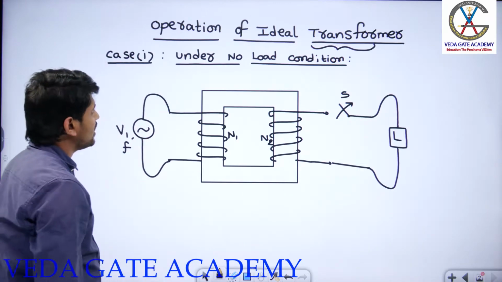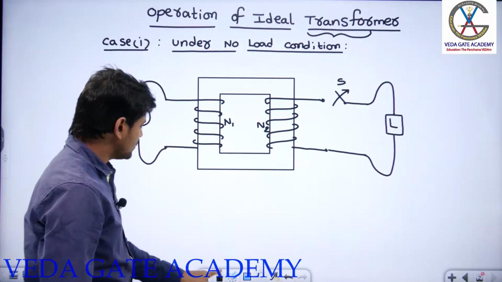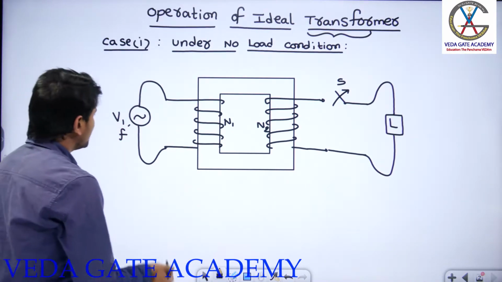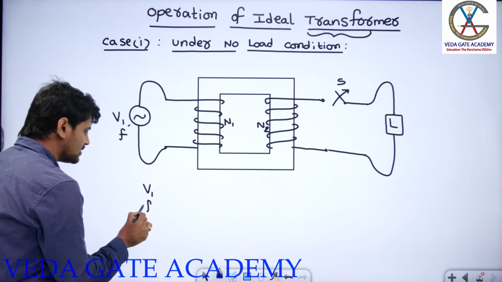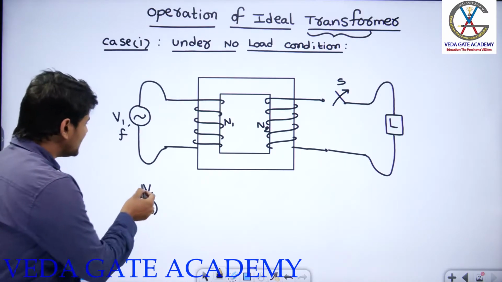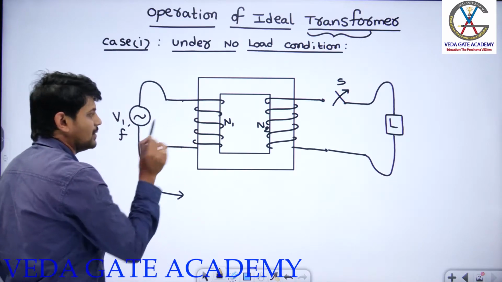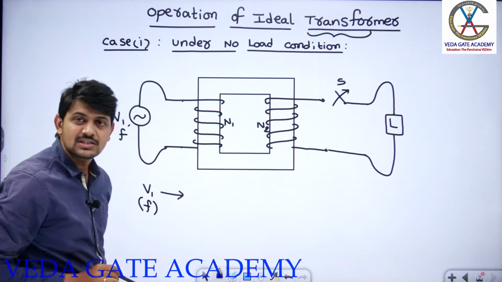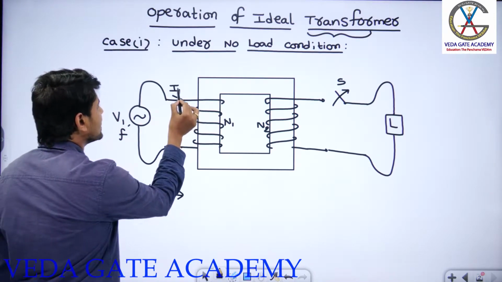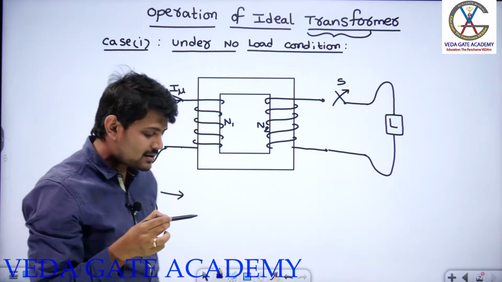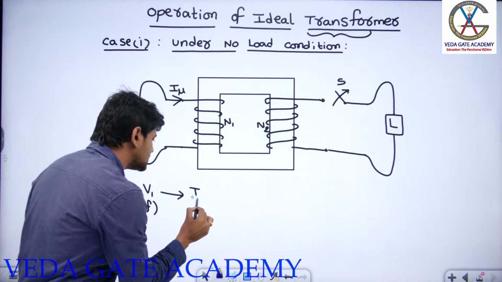Now let us come back to the operation of this particular transformer. Let me slightly move up. Now, I am applying a voltage at a frequency F. So we will parallelly write the discussion. The moment I apply a voltage at a frequency F, this primary winding of the transformer, which consists of how many turns, guys? N1 turns. They will draw a current called I mu. Technically, terminologically, I mu is called the magnetizing component of current.